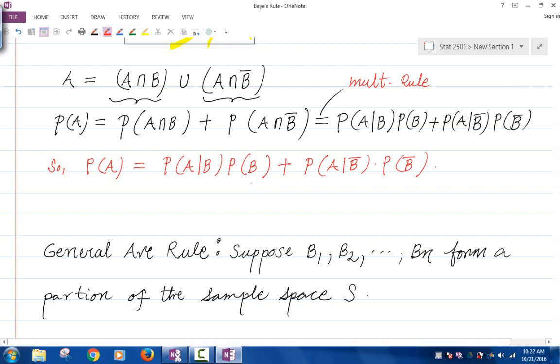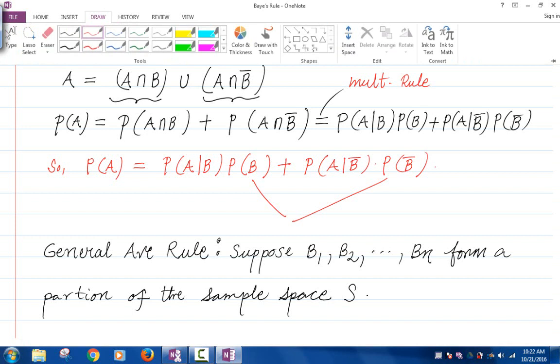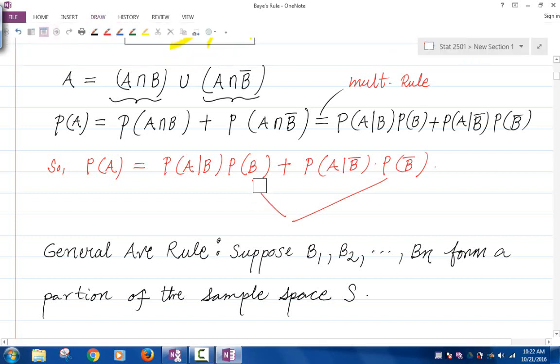So I think of these two conditions as weights, okay? I think of P of B and P of B complement as weights. So then the right-hand side can be thought of as the weighted average of the conditional probabilities. You guys know what a weighted average is, right? I keep saying weighted average, but